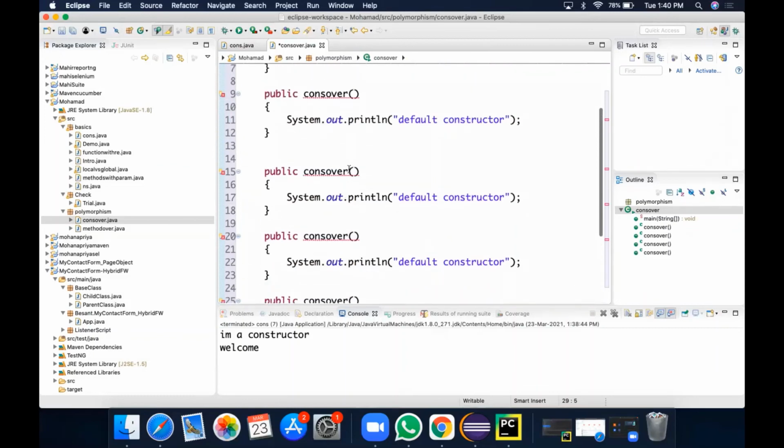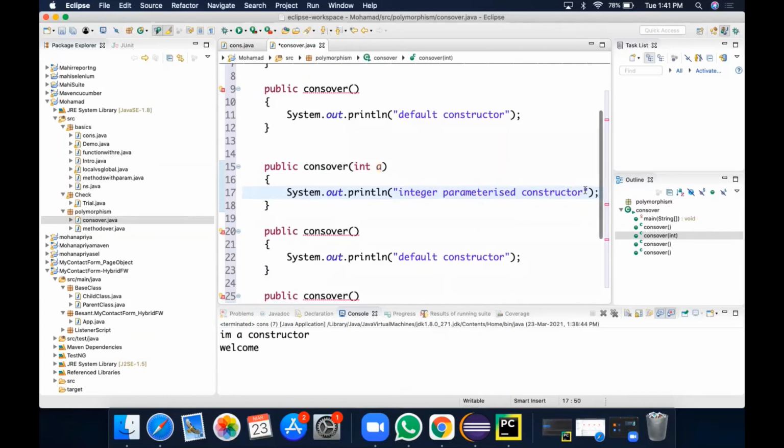Here, I'm going to give an integer variable with a dummy value. If you want to use it, you can use it, otherwise it will be dummy. So I'm giving integer parameterized. If you want to add that value, you can add it, otherwise it is just a dummy value.